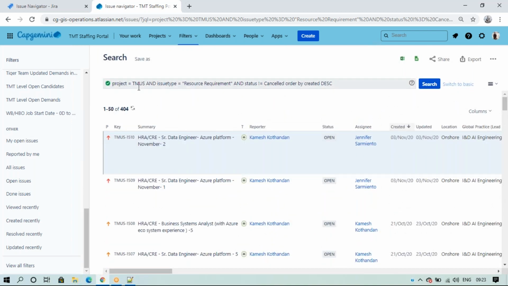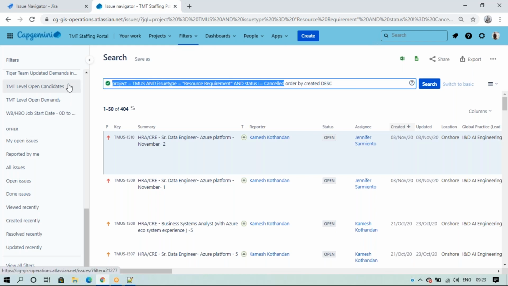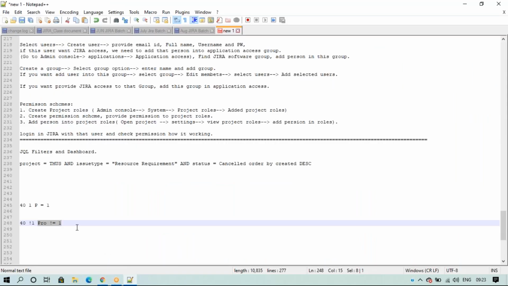So for T-Mobile, the project is equal to, the issue type is equal to, and the status, for example I have 30 statuses. I can't write status equal to everything, right? So I can exclude only one, not include. I can exclude only cancelled, so that everything remaining will come. This is the way we use not equal to as well, and we can write it anywhere it is not equal.